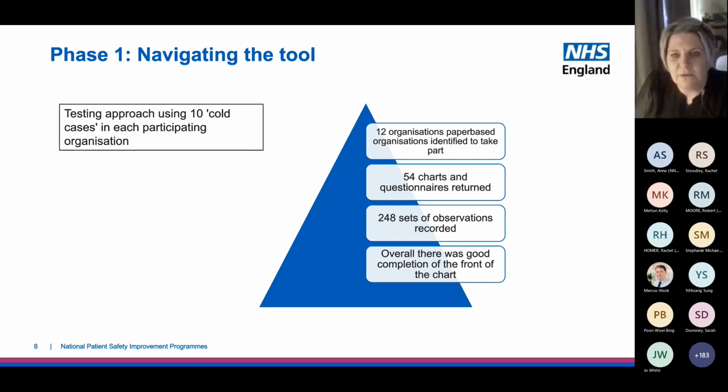So from a data set point of view, and actually trying to understand what that would look like, a really robust set of observations were returned. And the overall completion of the chart, bearing in mind we didn't have a full training package at that point in time, and it was very much cold cases, the overall completion of the front of the chart was exemplary. It was very good,